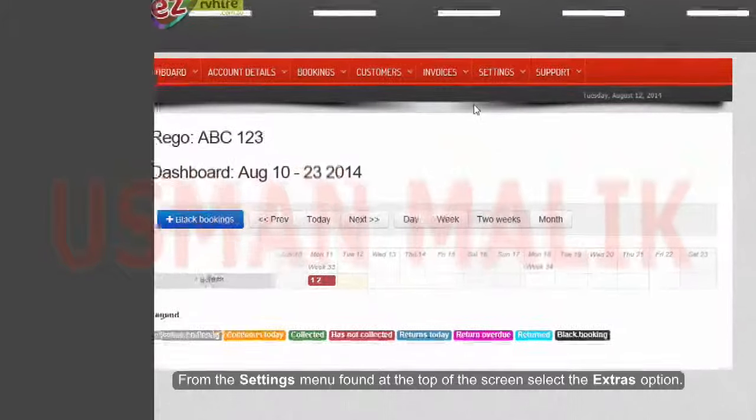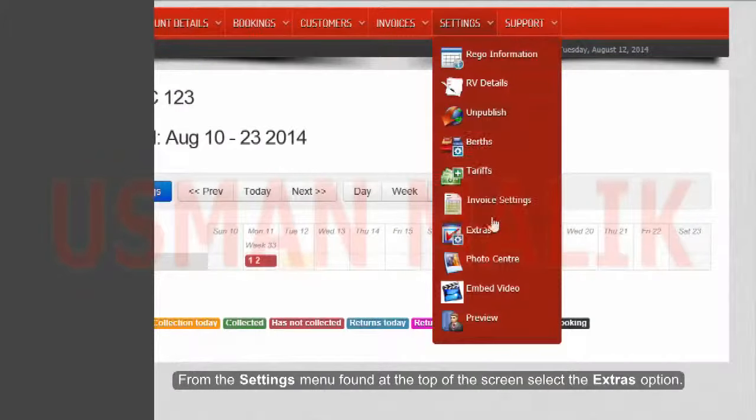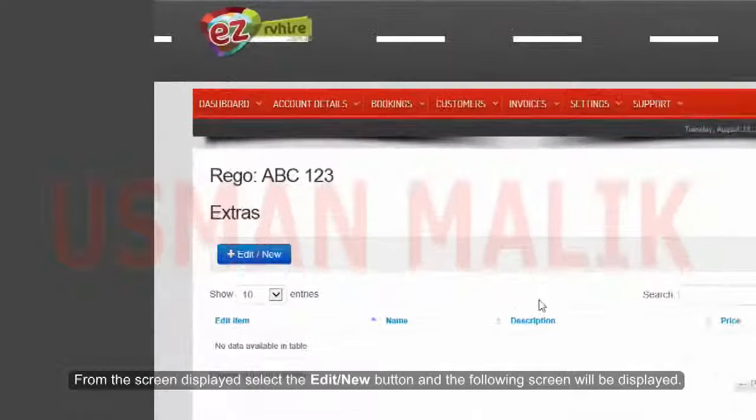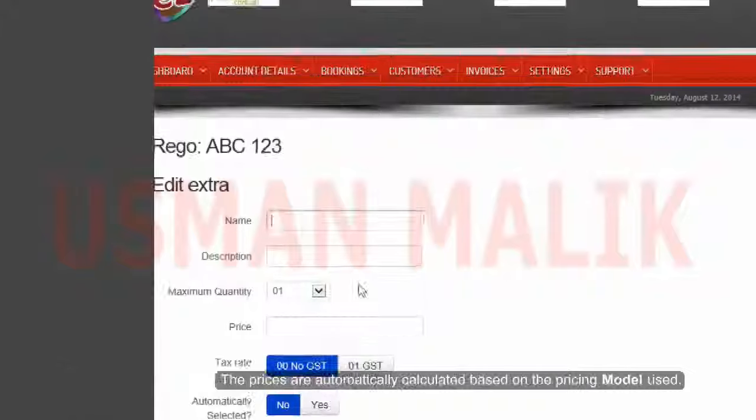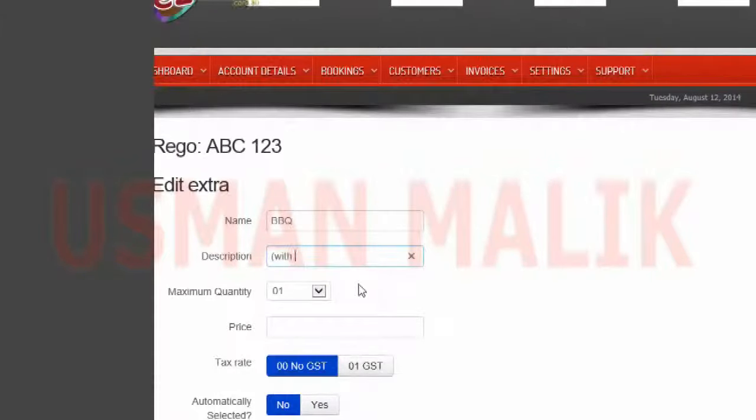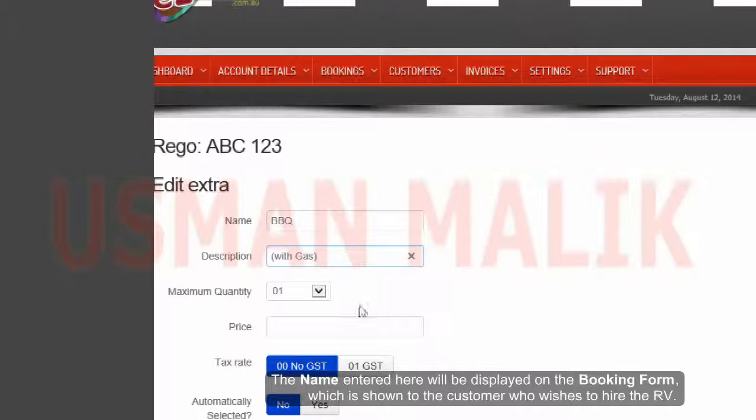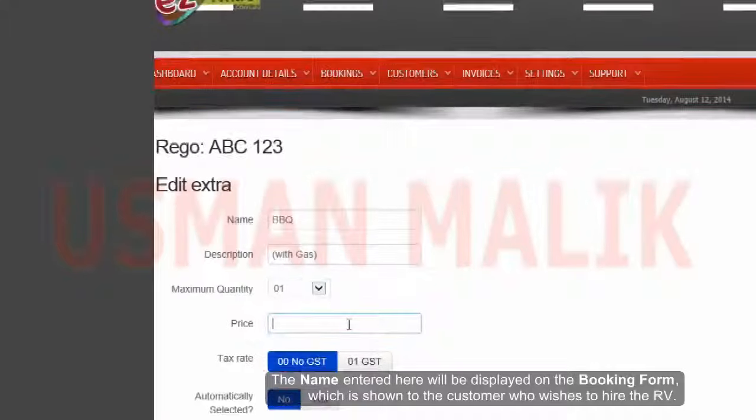Add extras. From the Settings menu found at the top of the screen, select the Extras option. From the screen displayed, select the Edit or New button and the following screen will be displayed. The prices are automatically calculated based on the pricing model used. The name entered here will be displayed on the booking form, which is shown to the customer who wishes to